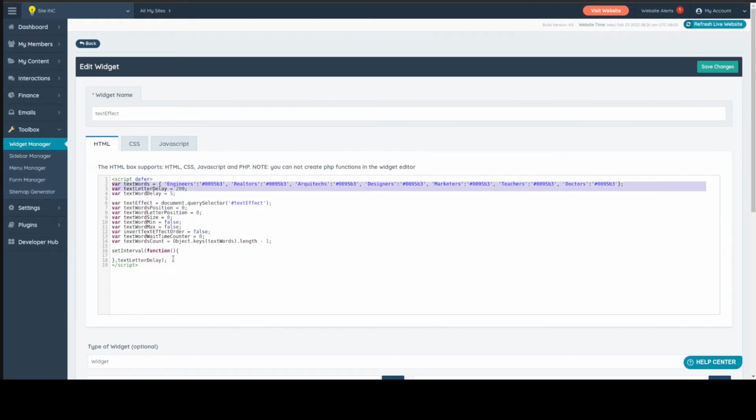So they know that they can touch this, and anything below here, they're not supposed to be touching. So here they can put the words and the colors for each word. Here they can say how many milliseconds each letter is gonna take, and how many intervals the word is gonna wait when it's completed, when it's fully written. Okay. So first thing that we're gonna do here,